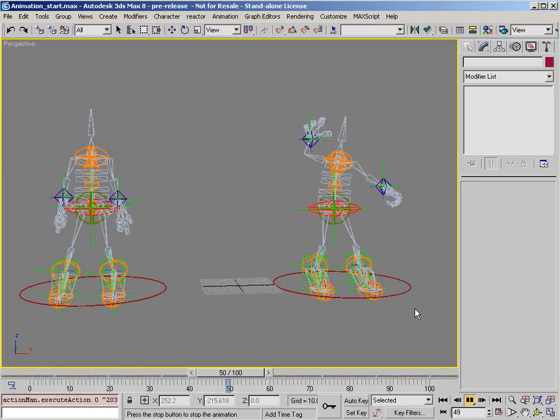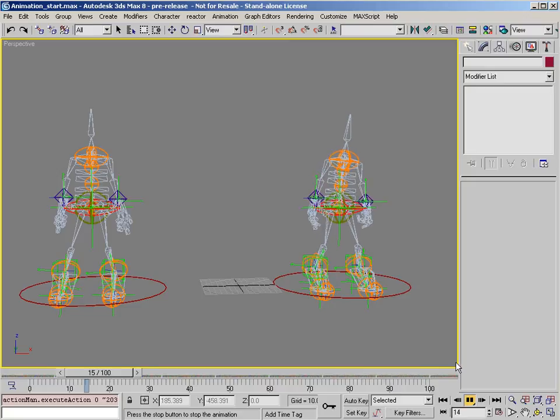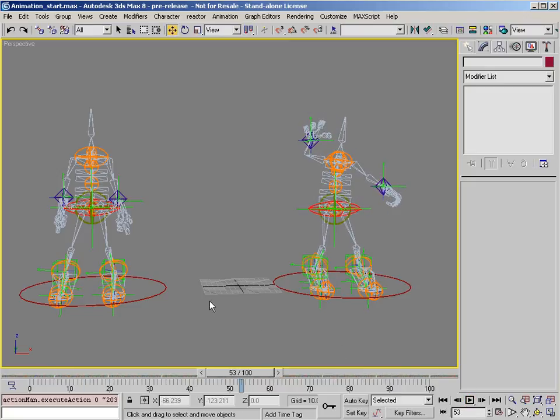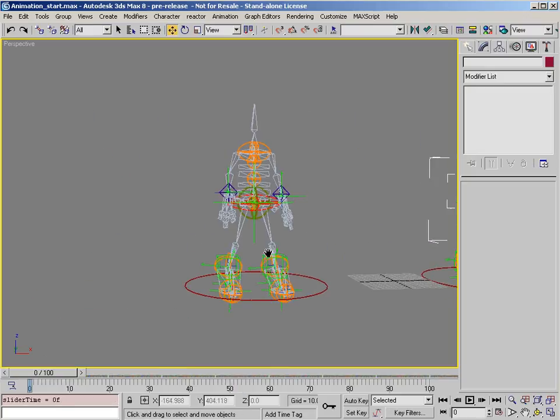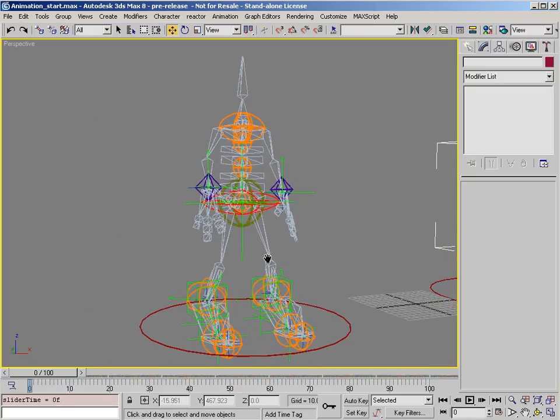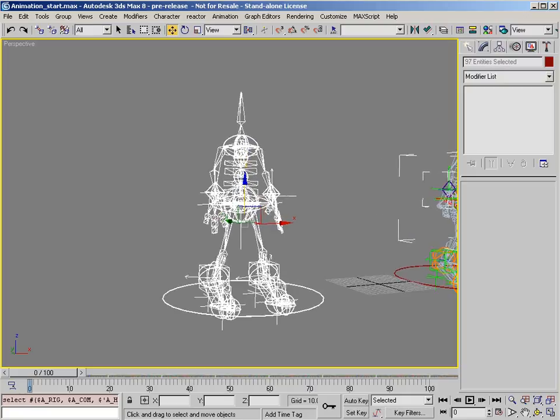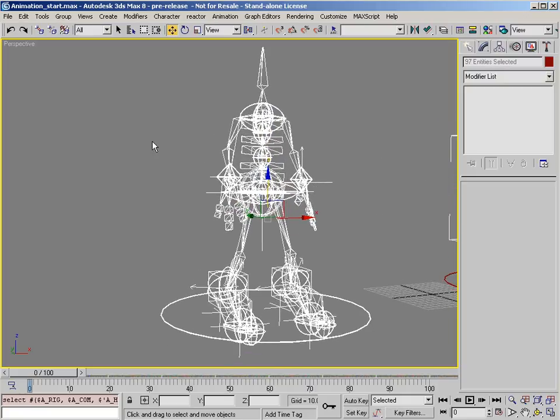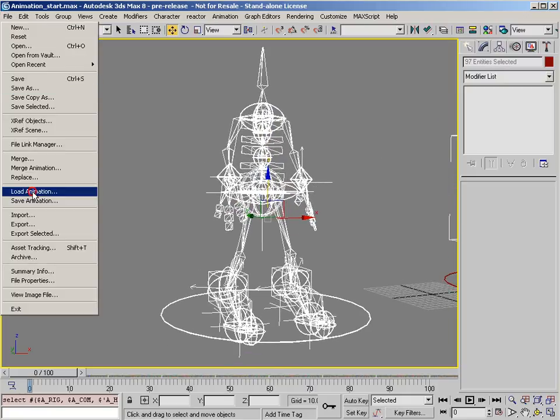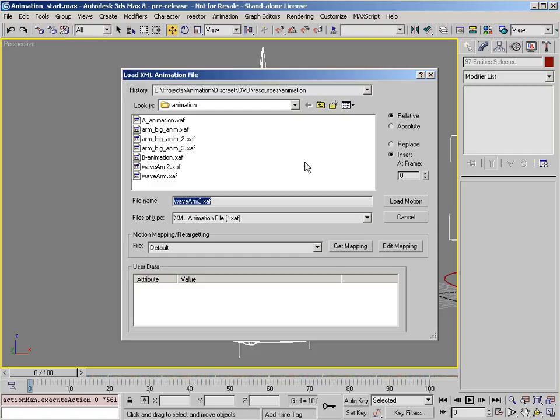Open the file animation_start.max. You can see that we have two characters, one with some animation, which we have already saved. We're going to load that animation file onto this character on the left. First, just select the entire rig